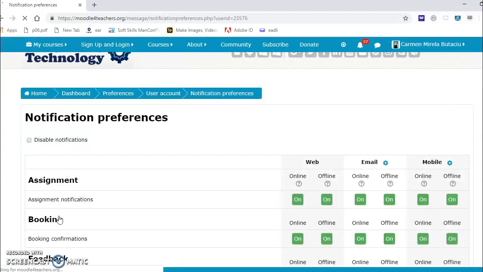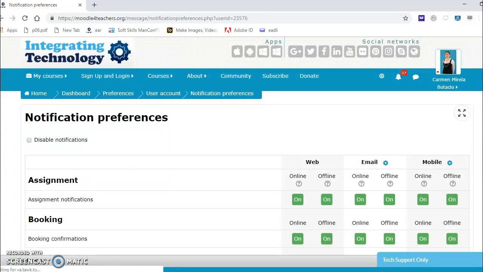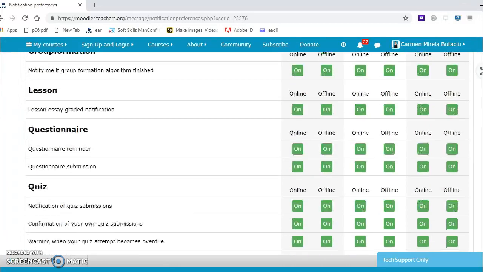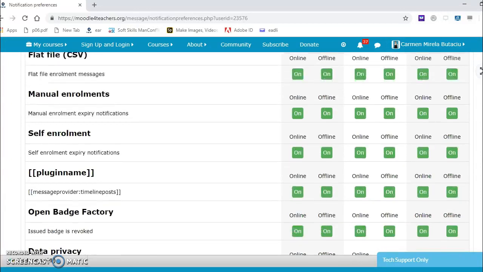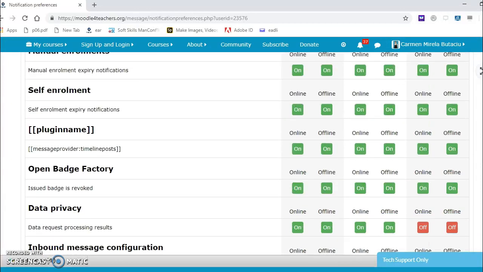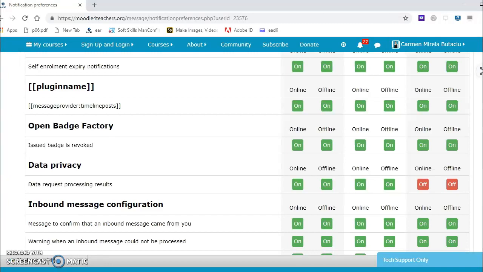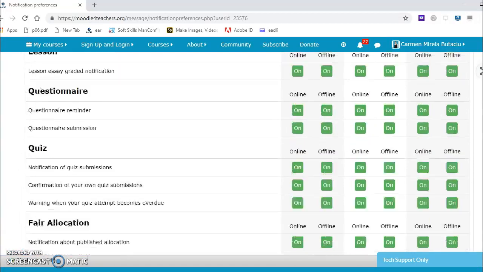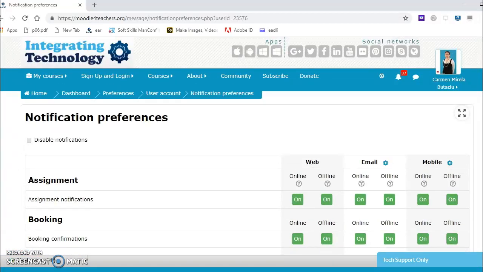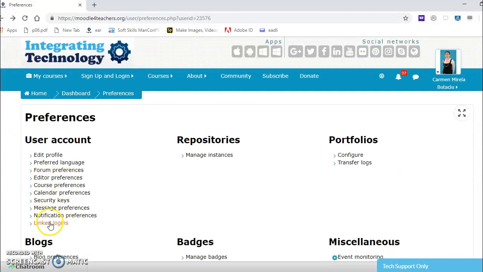Notification preferences. Everything is online at me. All of them are online only. Let's say data preferences and offline preferences. Everything is online to monitor all that is happening. Okay,